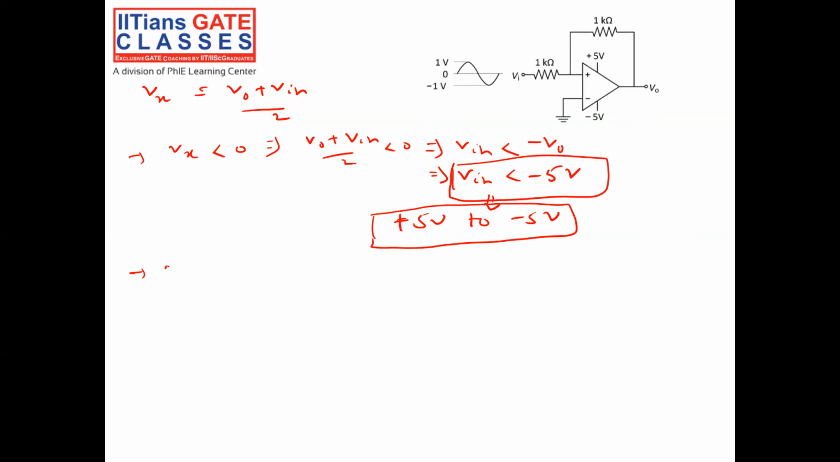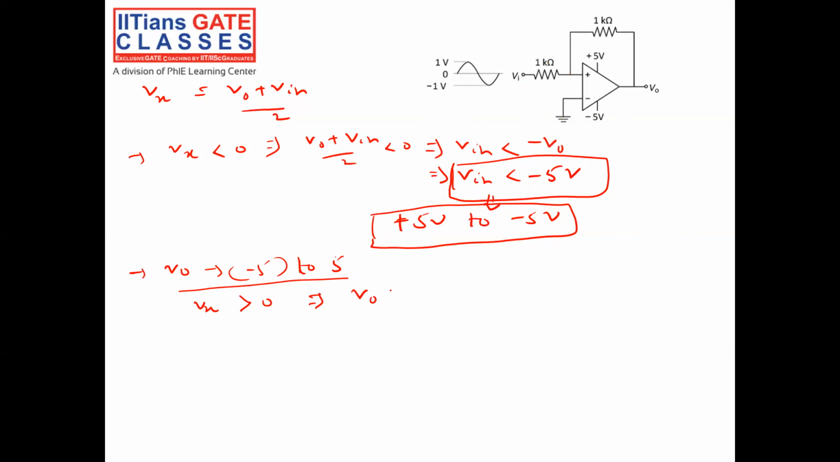Now, if I want my output to switch from -5 to +5, when will it happen? Presently, my output is -5 volt. Same equation, Vx. For the output switching to +5 volt from -5 volt, Vx should be greater than 0, right? V positive is greater than V negative, only then will my output be +V saturation, or +5 volt. This implies